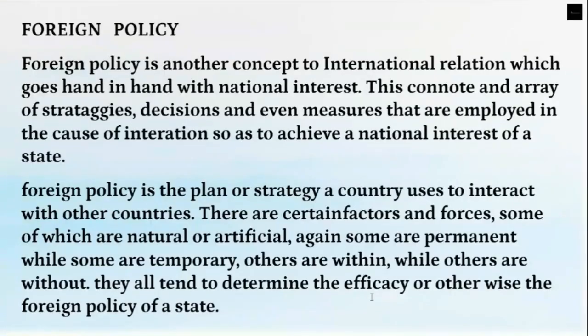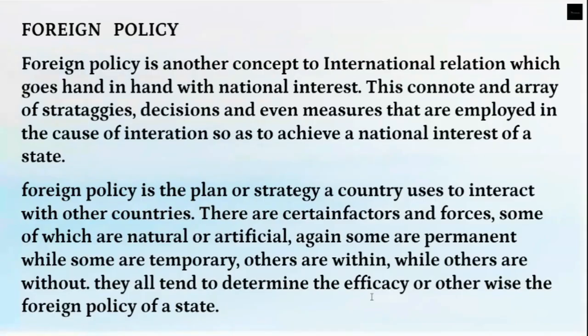So when you talk about foreign policies, a simple definition is the way a country interacts with another country to protect its interest. You can just give it that simple definition if you cannot remember this. Just know the strategies or the way a country interacts with other countries to protect their interests, to build a relationship, to achieve its goals. That's the main purpose, to achieve its goals in the international community. So you can say foreign policies are the strategies a country uses to interact with other countries in order to achieve their goals.